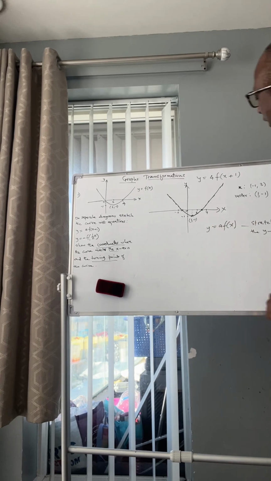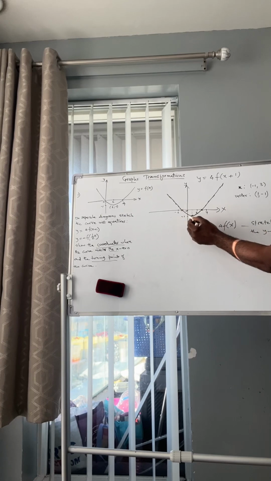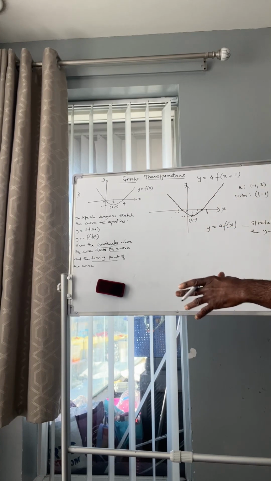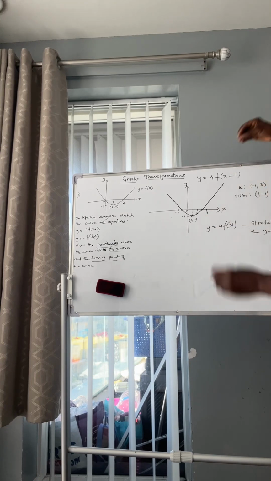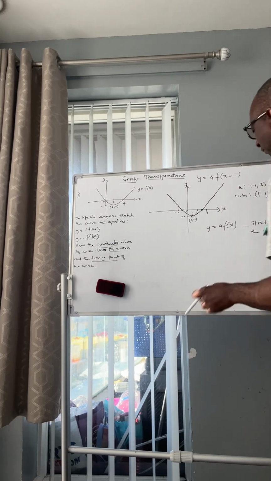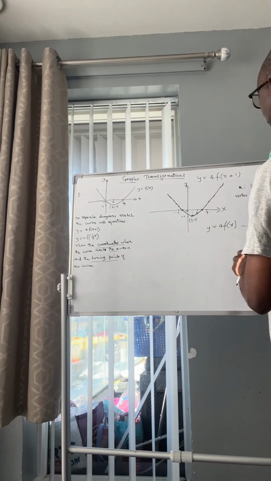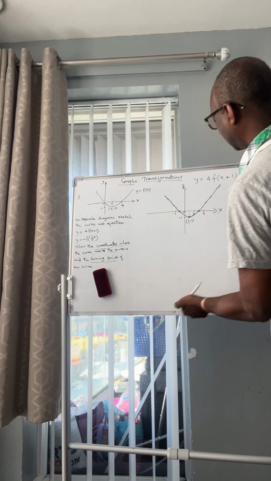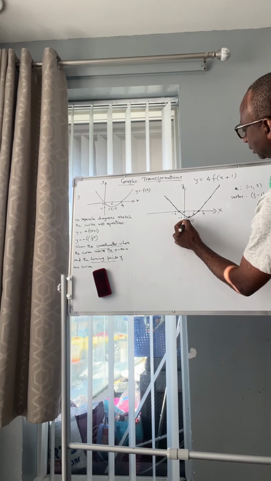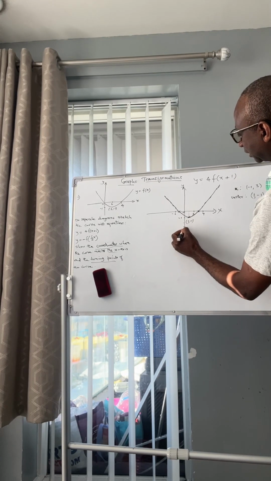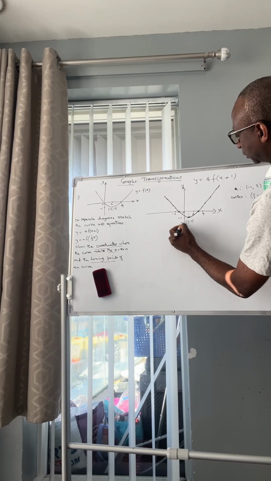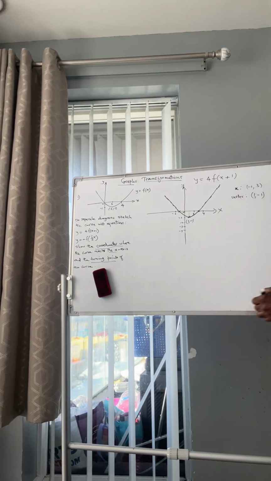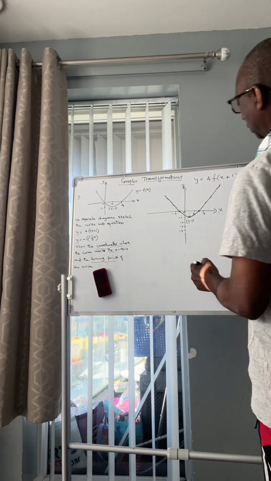So with what we have here, on the y-axis here, we have -1. If we stretch -1 by 4 units, what is it going to be? It's going to be -4. Just multiply -1 by 4. So it's going to be -4. So now, this graph, if this is 1, 2, 3, 4, this is -2, -3, -4. So our new graph now is going to be,